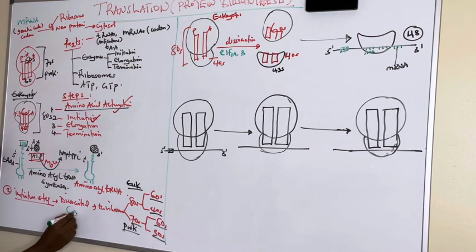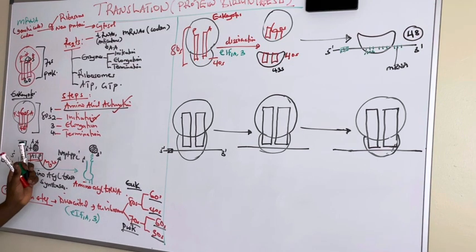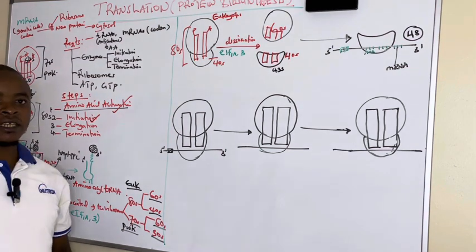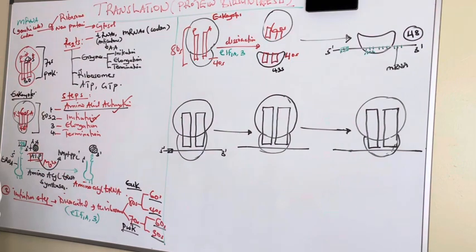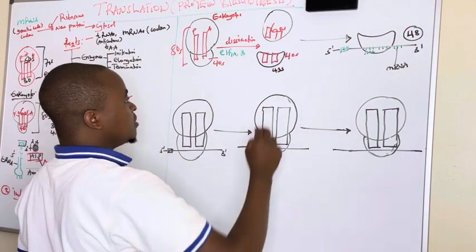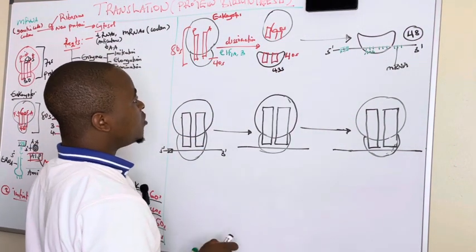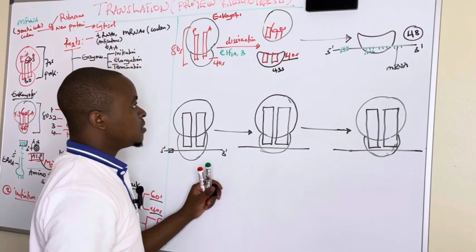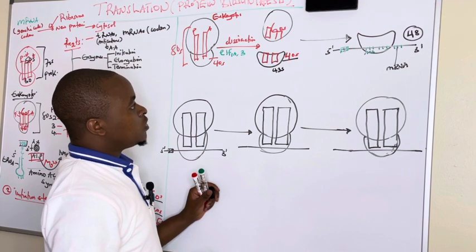In prokaryotes, we have initiation factor 1 and factor 3 doing the work. So after dissociating it, we form the 40S ribosomal subunit, and this 40S is going to help us to form what we call